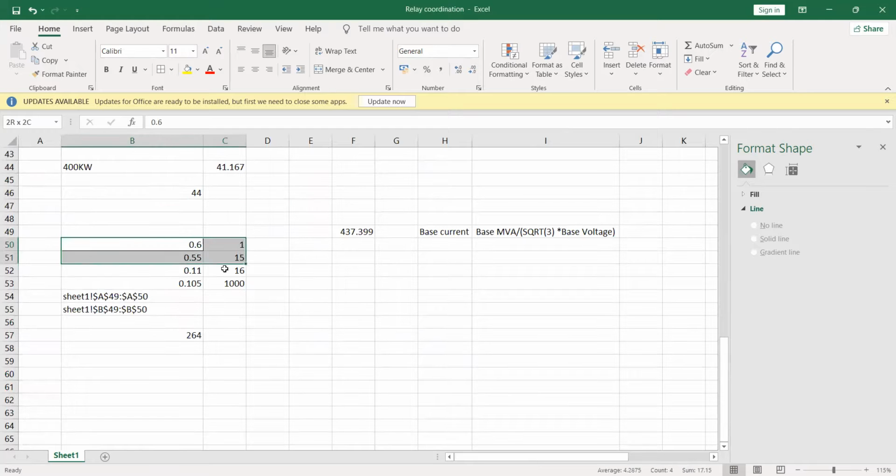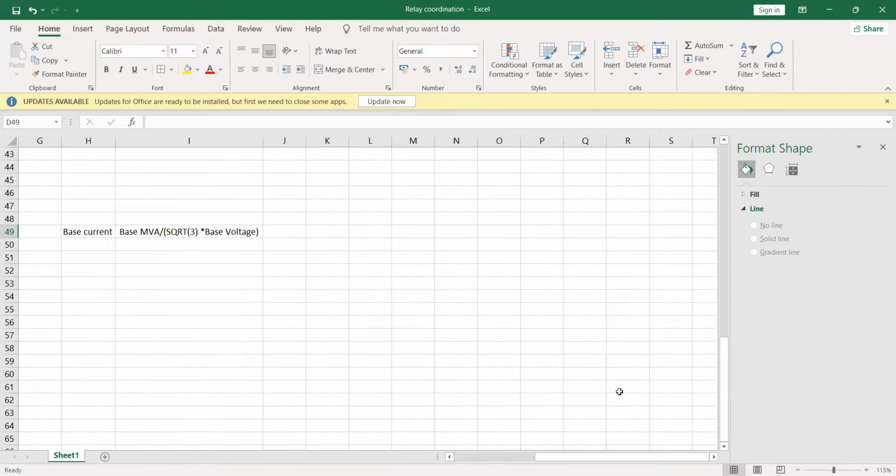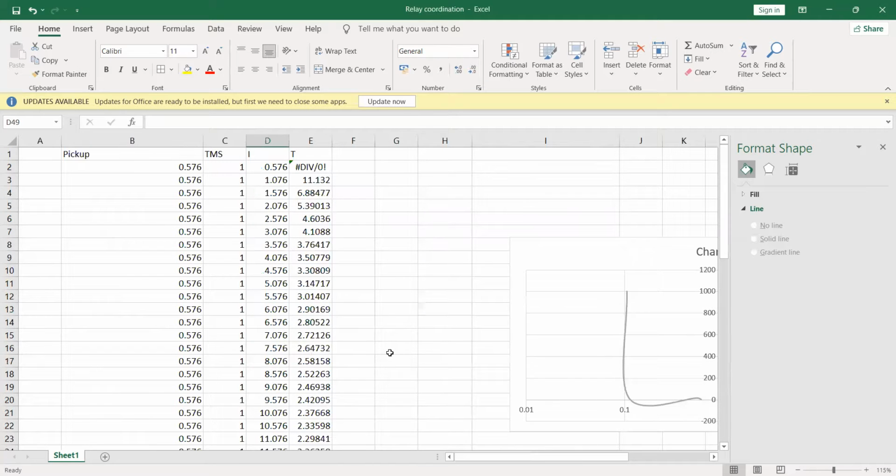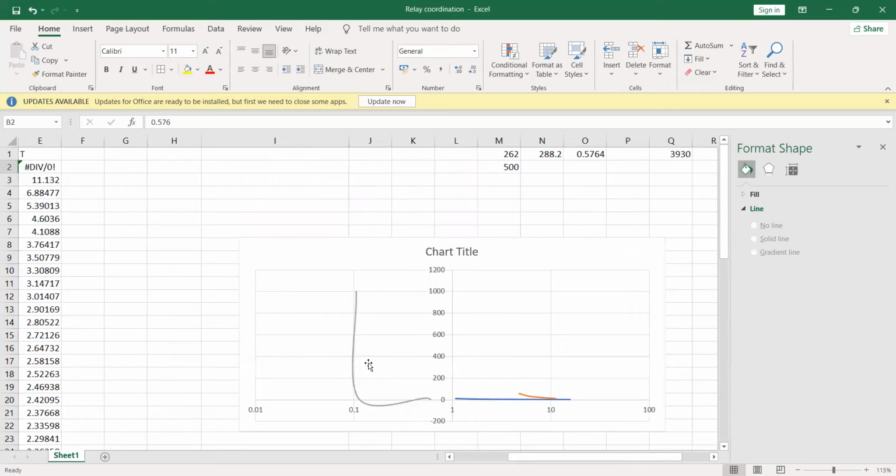Kilowatt motor, 6 times. The pickup point 6. Okay, the motor curve has come here, but there is again something here also.